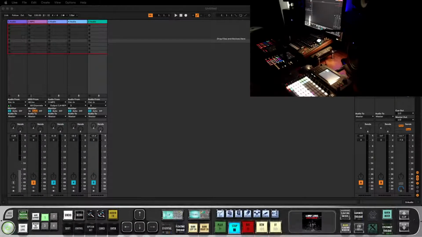A lot of people have a lot of different plugins. I spent a lot of money on my Native Instruments and stuff like that, and I still like to use them. So I figure, well, I got a couple of MPCs, I could run one in standalone and run one in the software. So the way I have it set up is I have the MPC